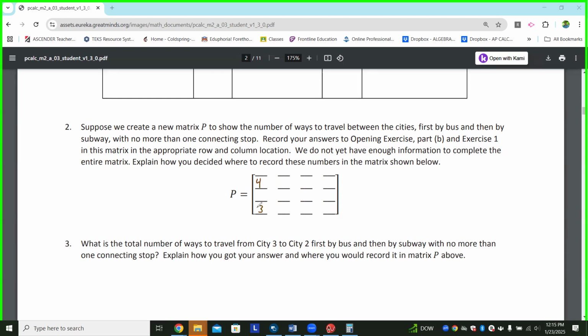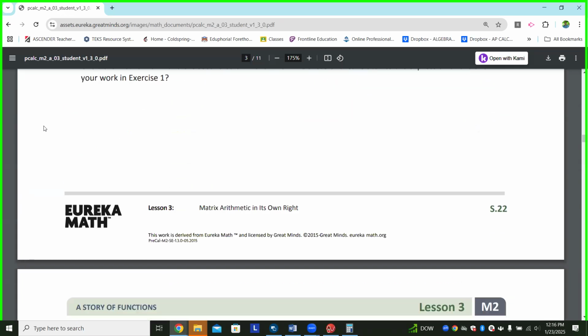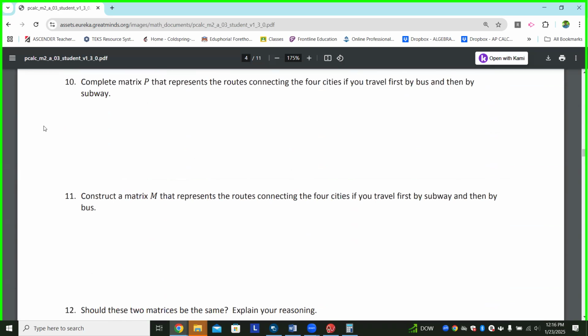So on number 10, it wants you to fill out the rest of this matrix. Now, we could do all these individually and write out all these expressions, or we can just do our matrix multiplication and get the answer that way just as fast. So if I bounce back to number 10, it says complete that matrix P. Well, now that I know matrix P is basically matrix B times matrix S, I can work this out. So matrix B